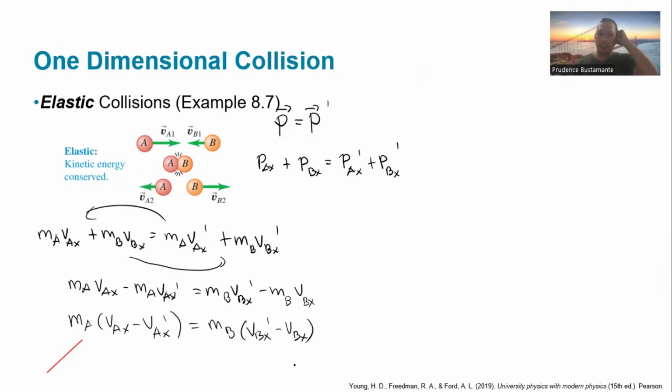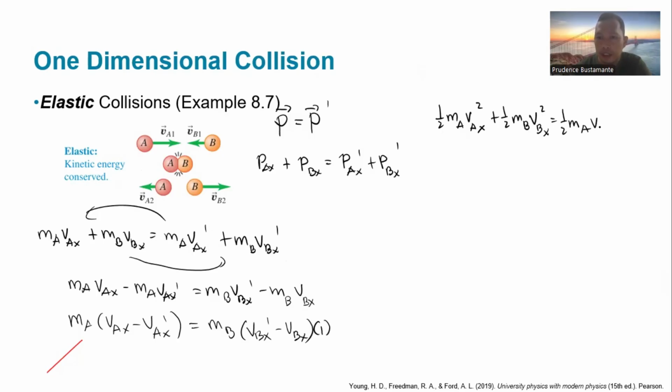So this is our first equation. We get this one from the conservation of momentum. There's also a conservation of kinetic energy. Kinetic energy is conserved because this is elastic. So 1/2 MA VAX squared. This is only in one dimension, plus 1/2 MB VBX squared is equal to 1/2